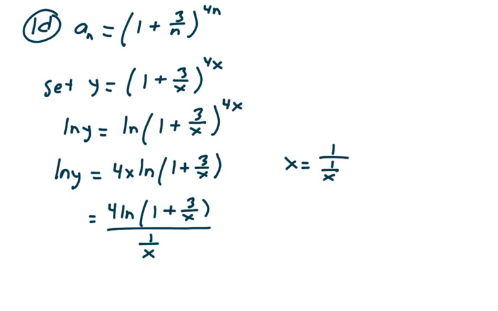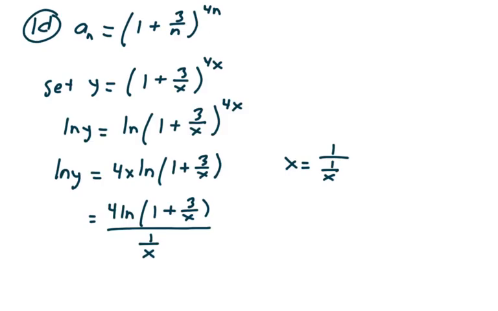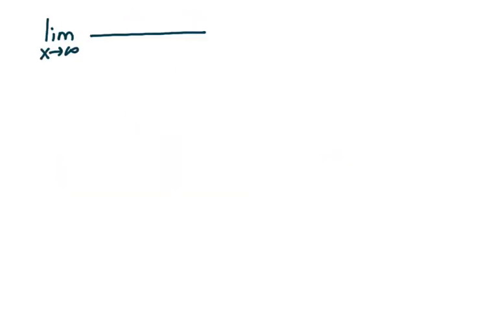Okay, now the limit as x goes to infinity of the numerator, 4 natural log of 1 plus 3 over x, and we're going to divide by 1 over x. But this is of the form 0 over 0. So, by L'Hopital's rule,